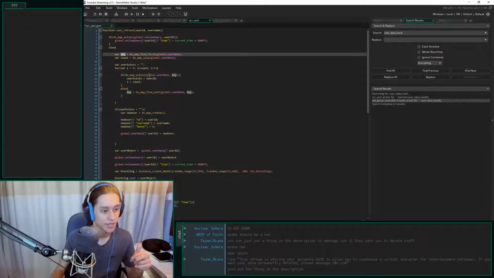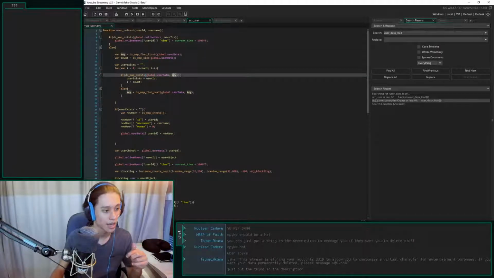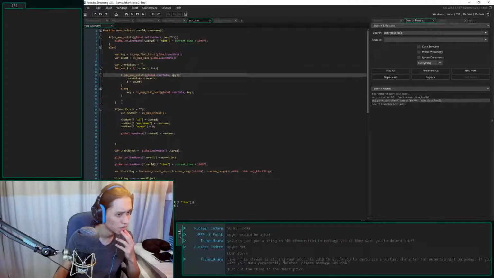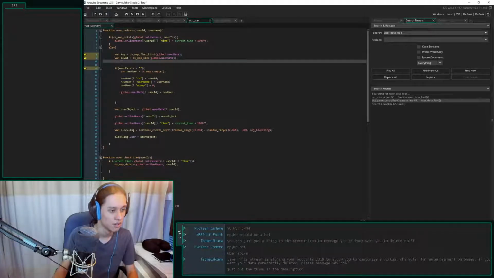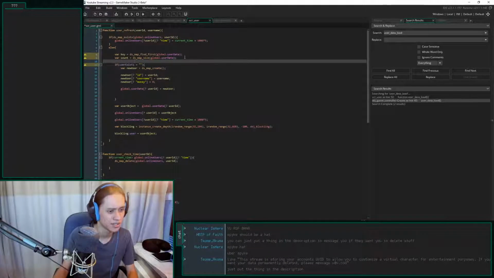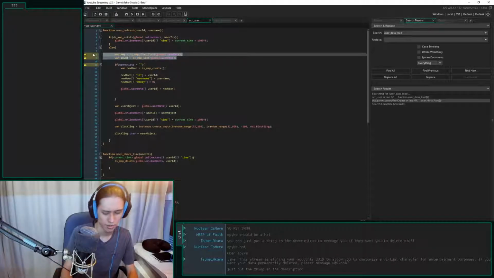If ESMap exists, if it does exist, actually no. I don't need to go through all of these. This is stupid. What am I doing there?